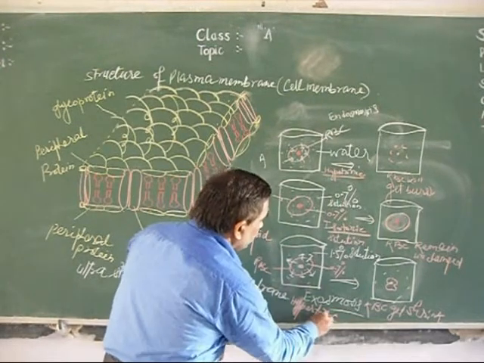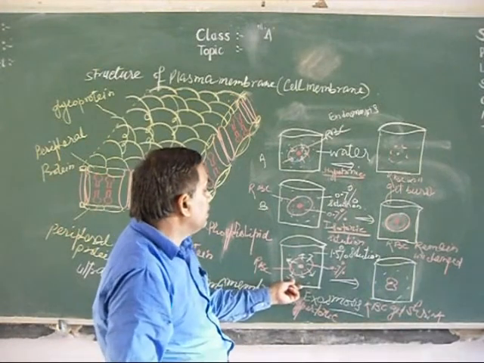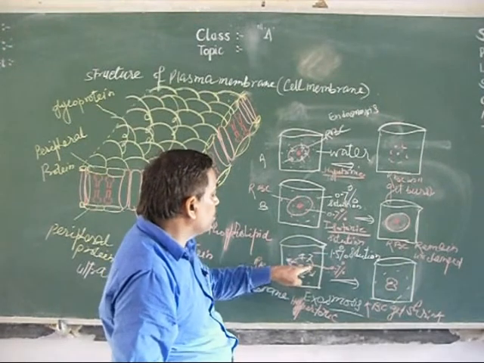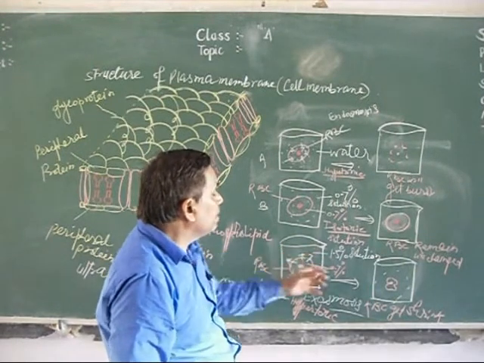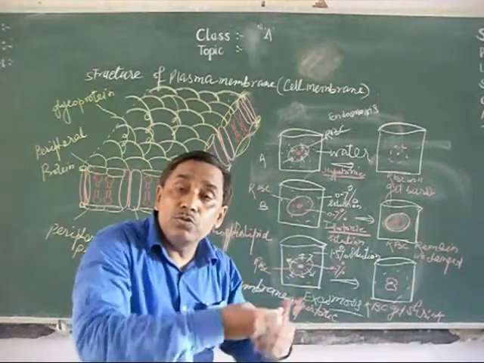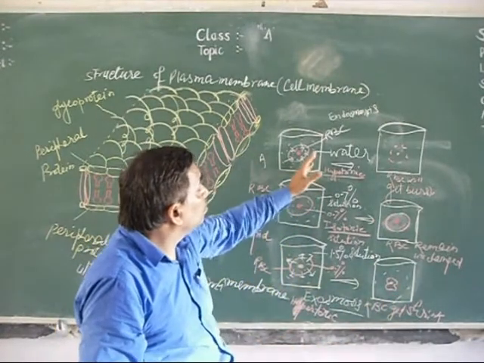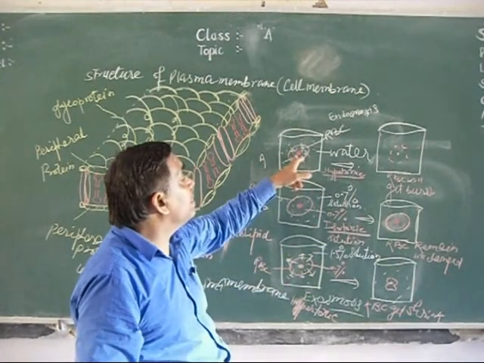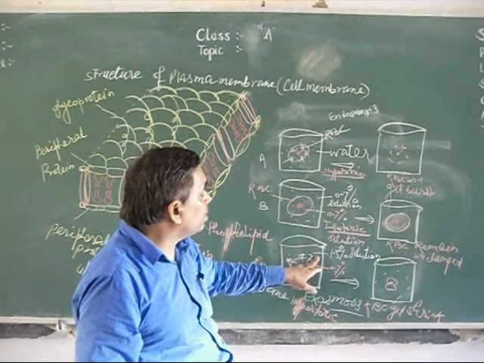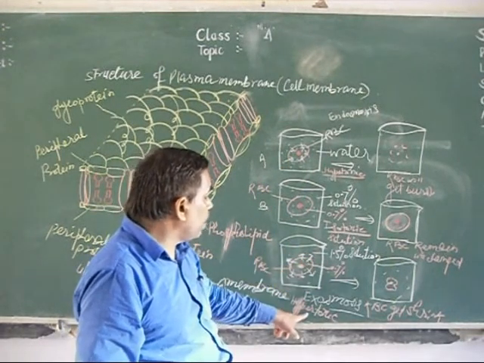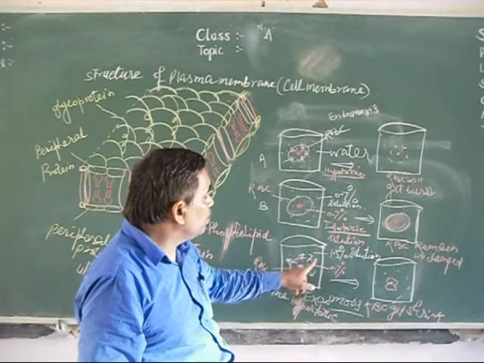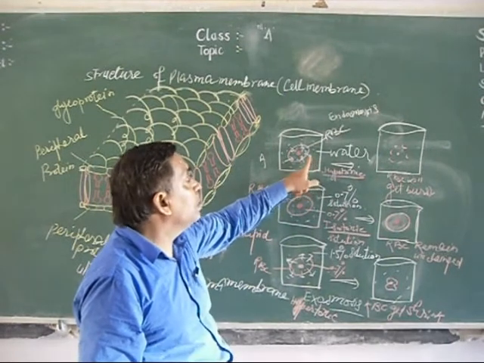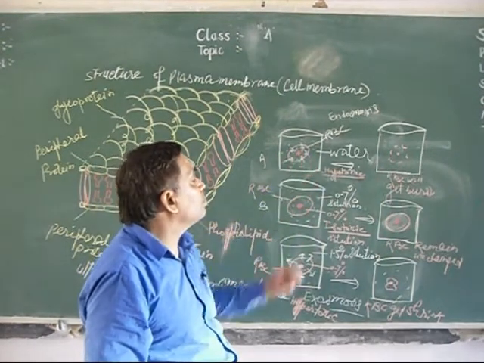When we keep it in a hypertonic solution, what will happen? Outside there is a concentrated 1.5% solution and inside 0.7%. The water from the RBC moves outside, and then the RBC will shrink. So according to the nature of the solution and its concentration, the membrane's work changes. Here water is coming inside across the membrane, here water is going outside across the membrane. When a cell is kept in a hypertonic solution, exosmosis takes place and water moves out of the cell. When a cell is kept in a hypotonic, that is dilute, solution, water moves inside and endosmosis takes place.